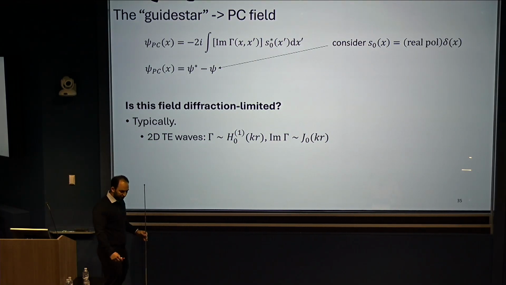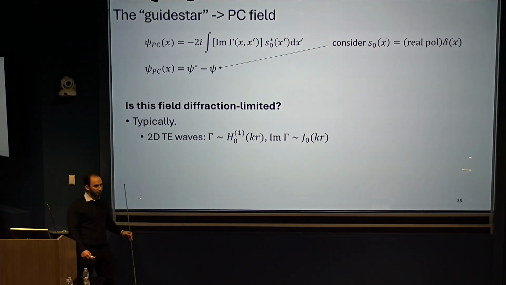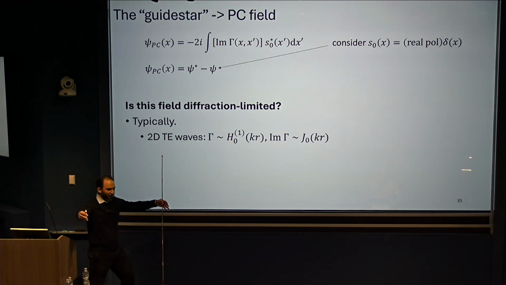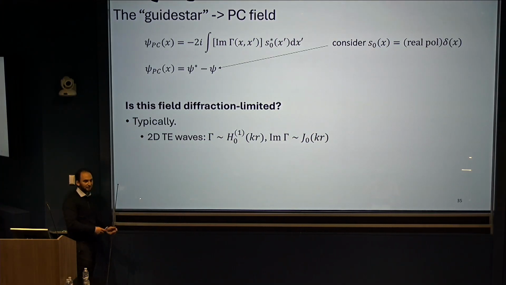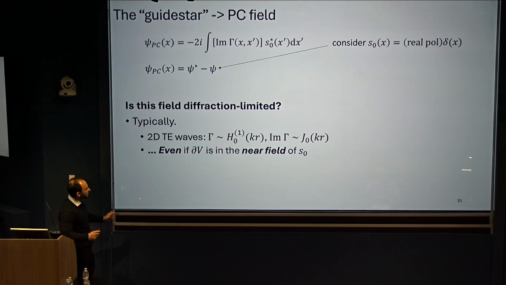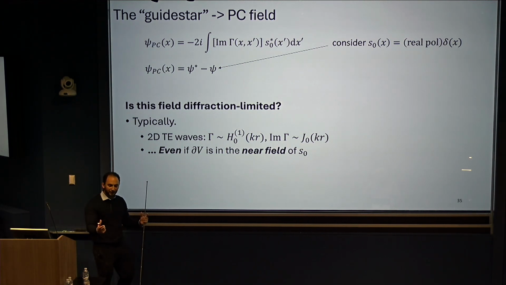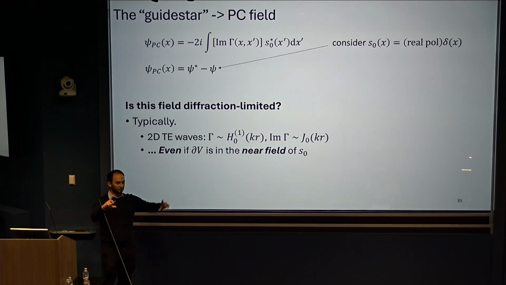Why does this field have to be diffraction limited? Because you're coming from outside. This was my impression too, that you're coming from far away. If I put fields on a boundary far away, I cannot get a subdiffraction limited beam in the interior. But this is not the reason. If I imagine free space, and I take this bounding sphere all the way right next to a point source, and I follow exactly this procedure, I will get a field that has uniform intensity in the interior that has no divergence at all.